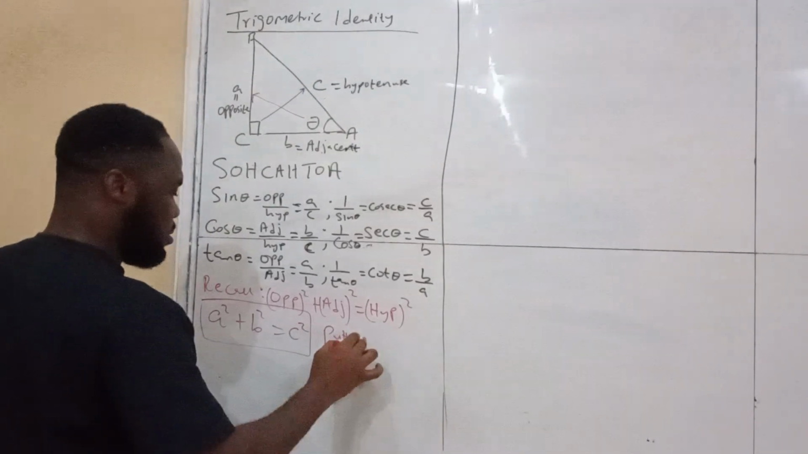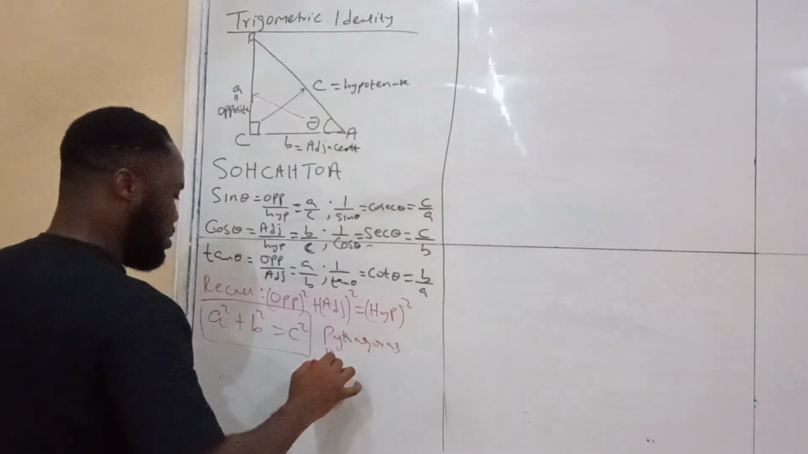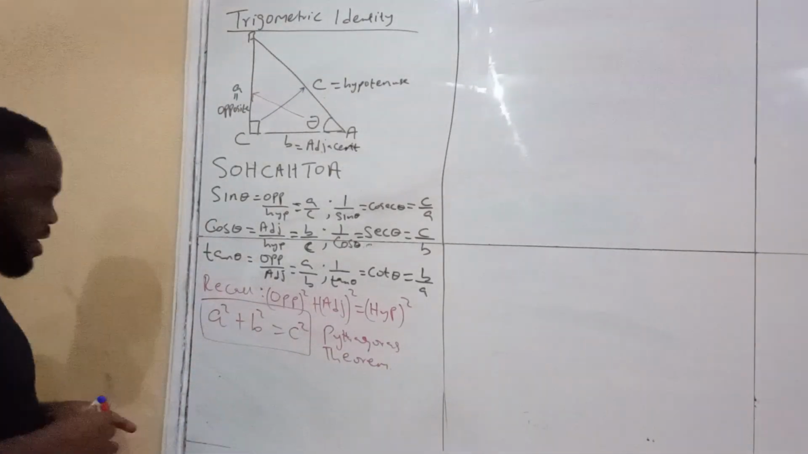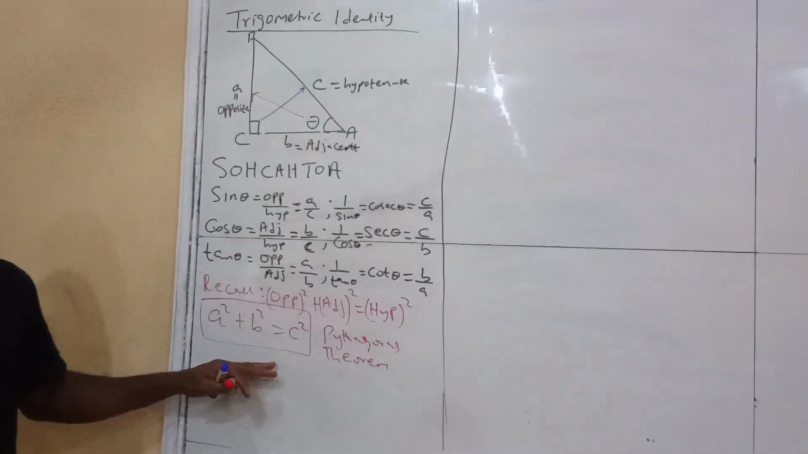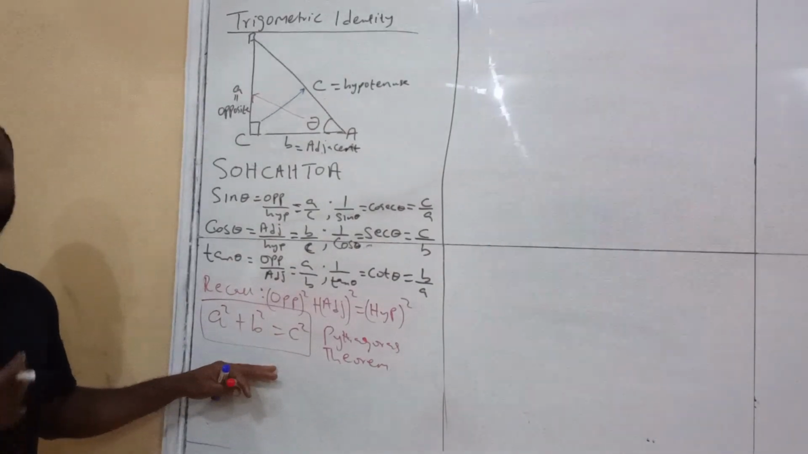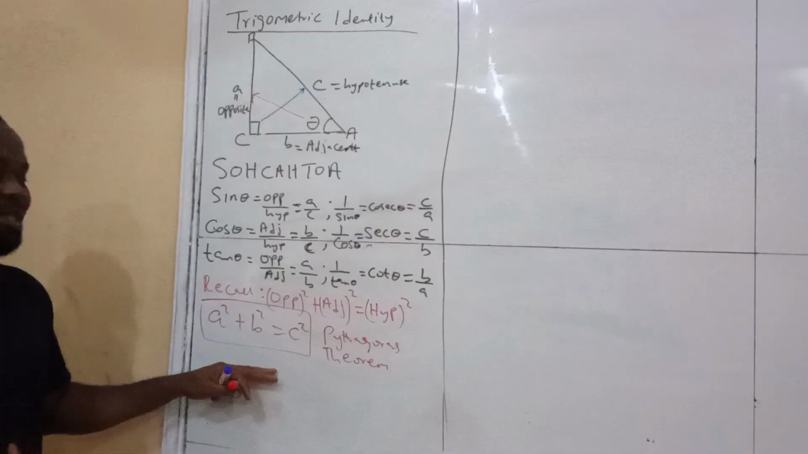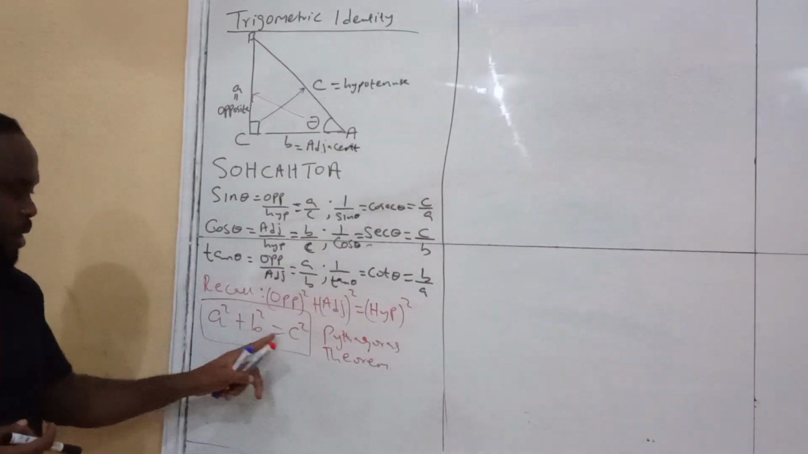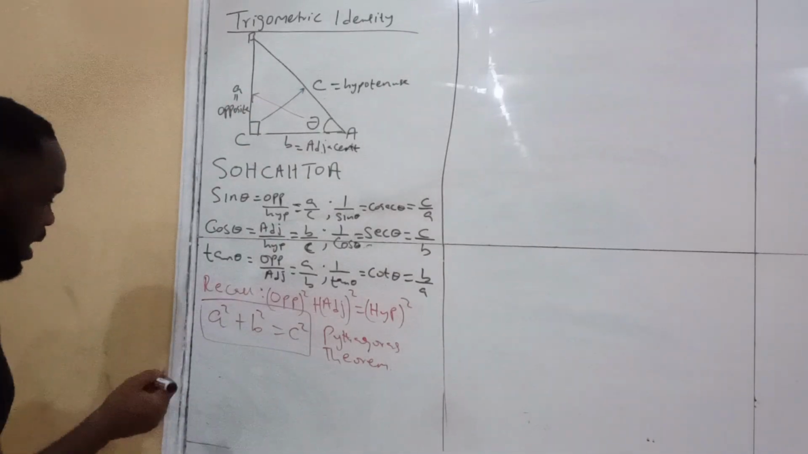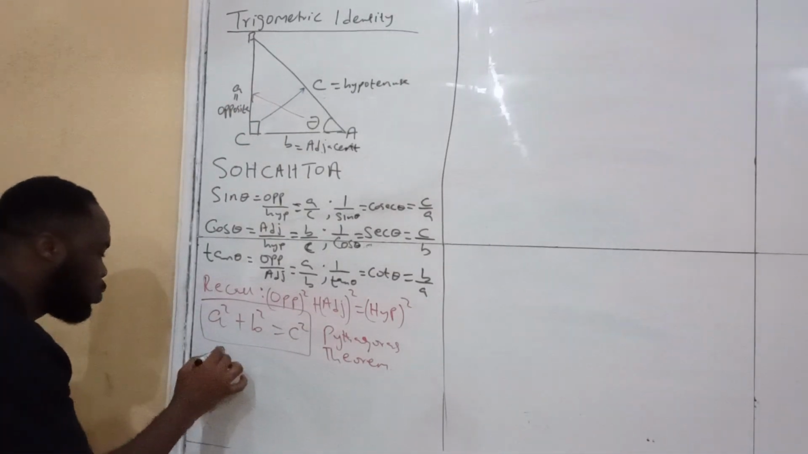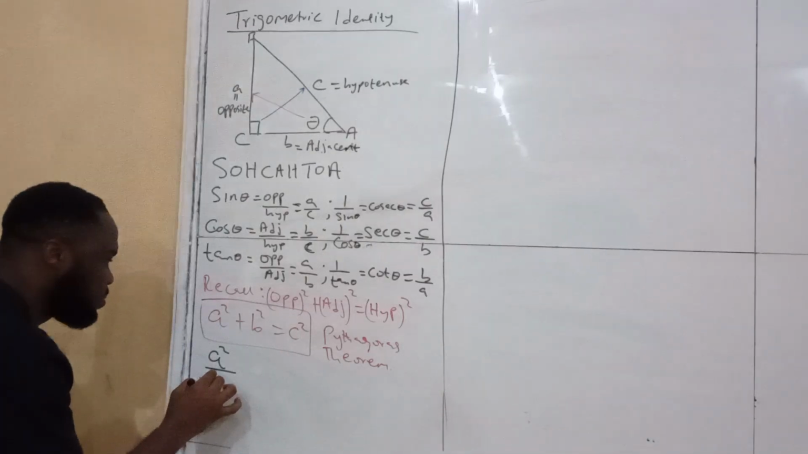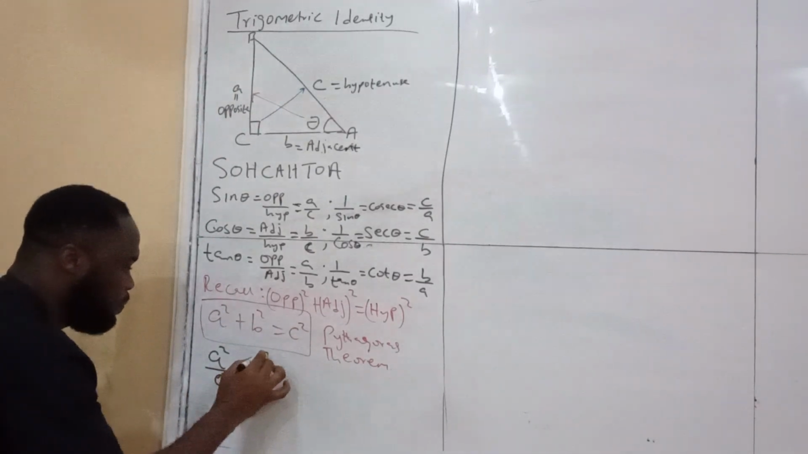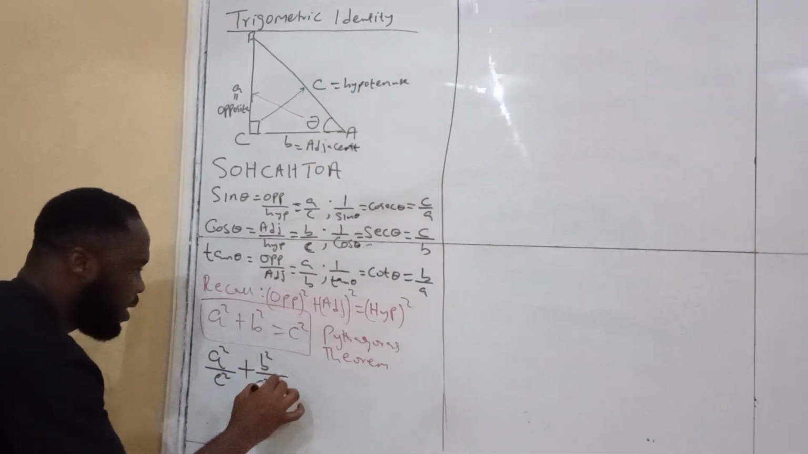Pythagoras Theorem. Okay? Now from here, we are going to derive a lot of trigonometric identities. Now let us start by dividing each term by C squared, and see what we're going to have. So when we do that, we have A squared all over C squared plus B squared all over C squared is equal to